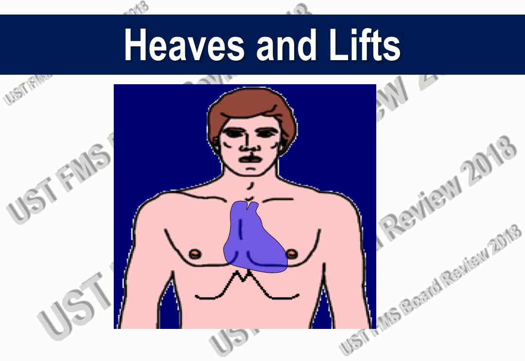So in your physical examination, you can feel a lift at the 2nd right intercostal space, parasternal line, which reflects the aortic area. On the other hand, a lift that you feel on the opposite side, the second left intercostal space parasternal line, is consistent with a pulmonary artery lift. An additional lift that is felt at the third left intercostal space, just below the second, can also be reflective of a lift caused by the left atrium.